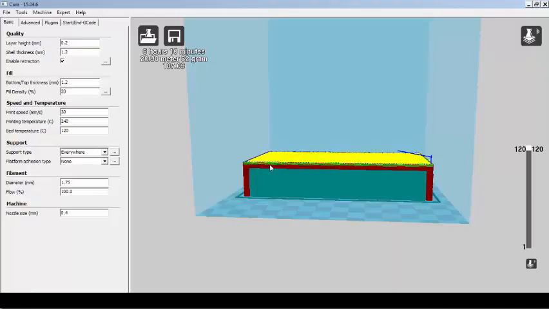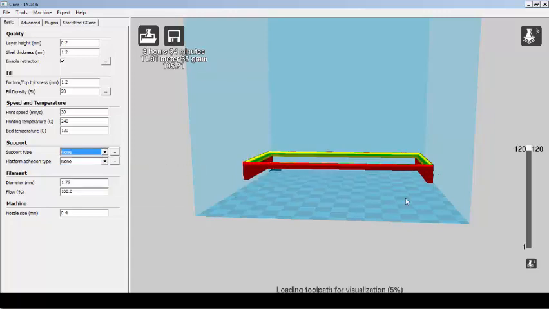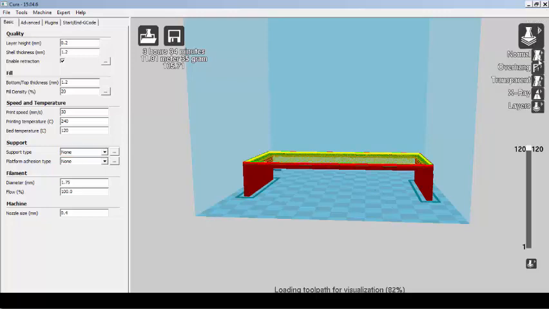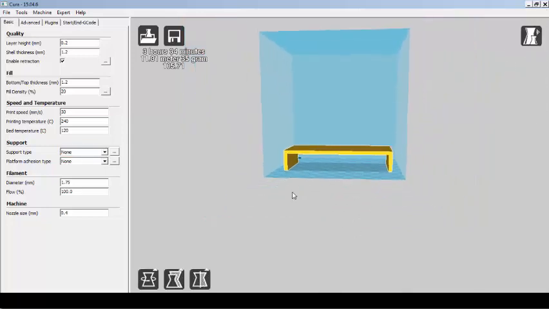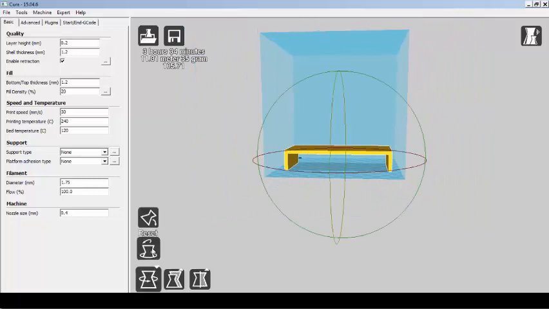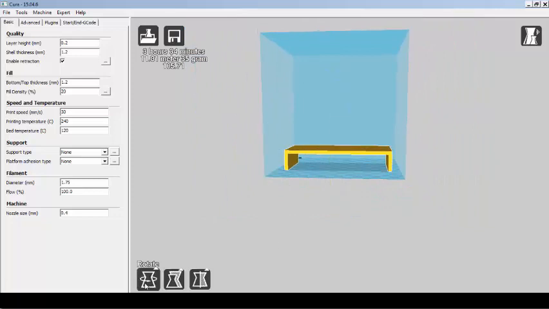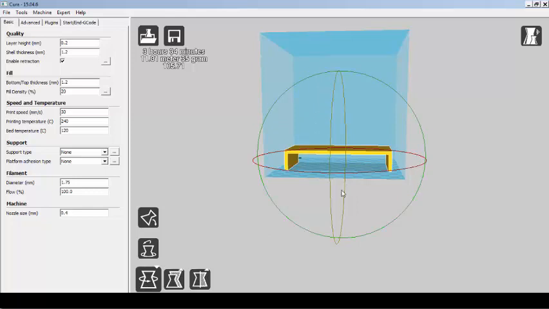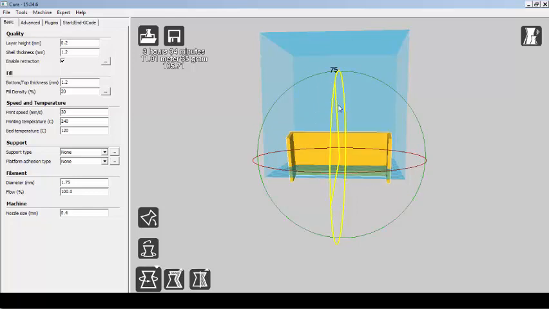So let us again go back. Is there any method by which we are able to produce this particular component without the need for support structures? Yes, there are many ways available. Let us see a few of them. So I will say support none, which means there will not be any support structures over there. So I will go to normal. So let me tilt this component.